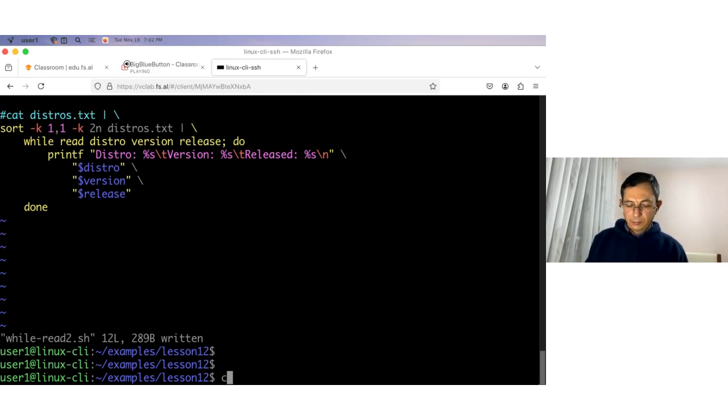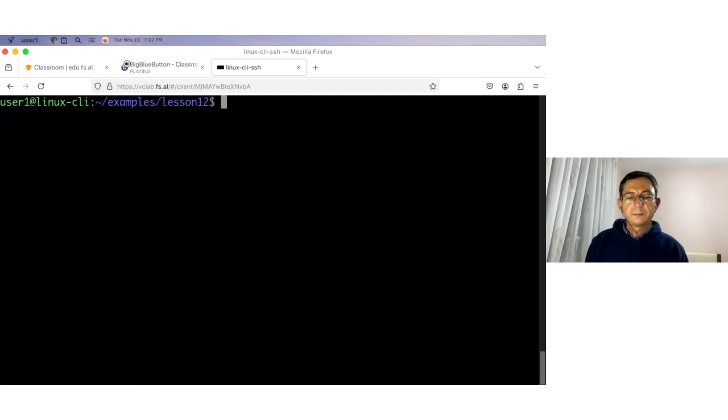Now we will see another command which is similar to if. It is called case, and it does the same job that if does, but in some cases this is more efficient and easier to read and nicer. So let's see an example with case, and we will modify the menu program